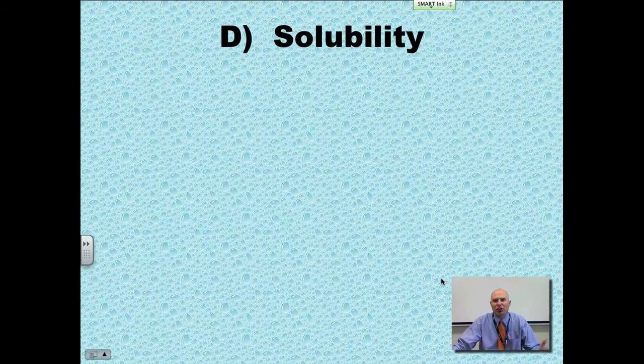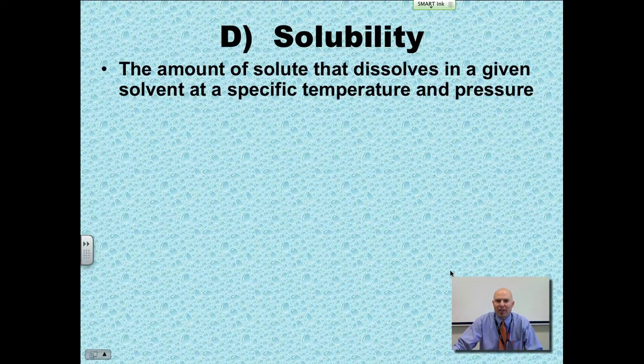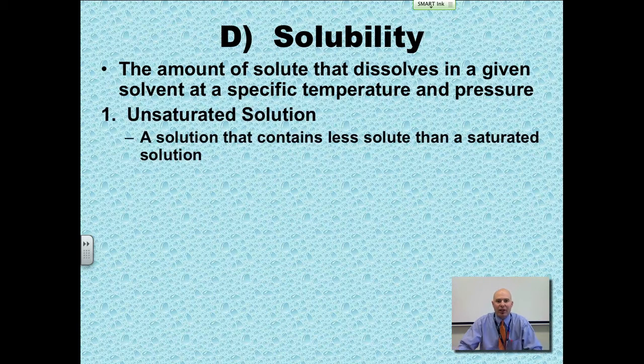Moving right along to solubility. Quickly, solubility is the amount of a solute that dissolves in a given solvent at a specific temperature or pressure. Again, temperature and pressure because gases can be affected by that. So, three different types of solubilities here. We have an unsaturated solution. An unsaturated solution contains less solute than can